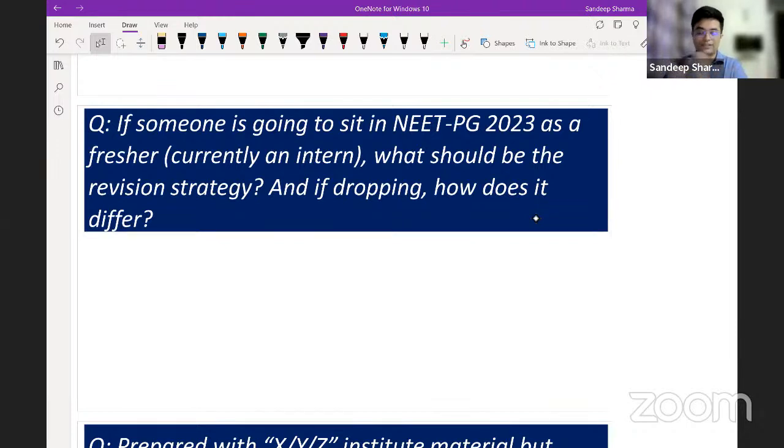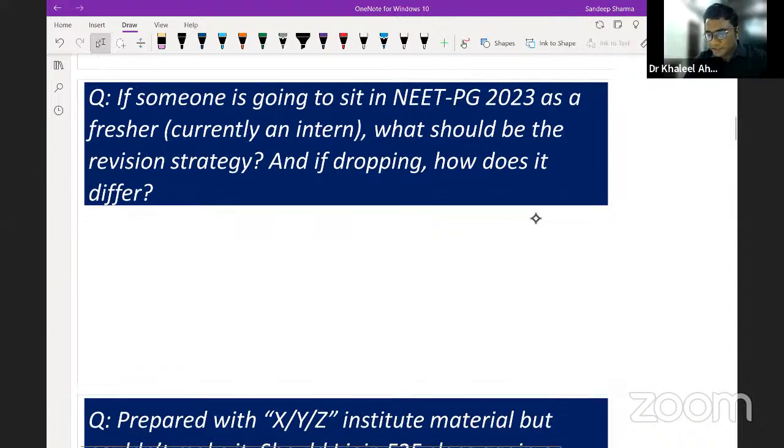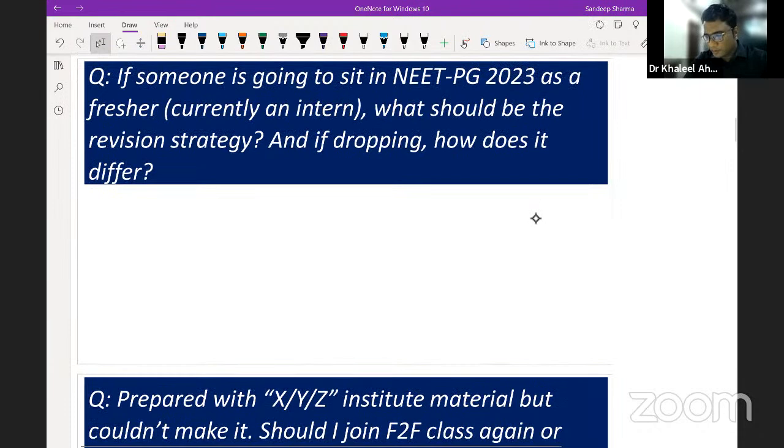So how is the revision strategy going to be different? Because the time available is going to be very different for both the candidates. Sir, any suggestions from your side? Yes, sir. So for a fresher to start, when we meet fresher students, there are students who, soon after their final year,